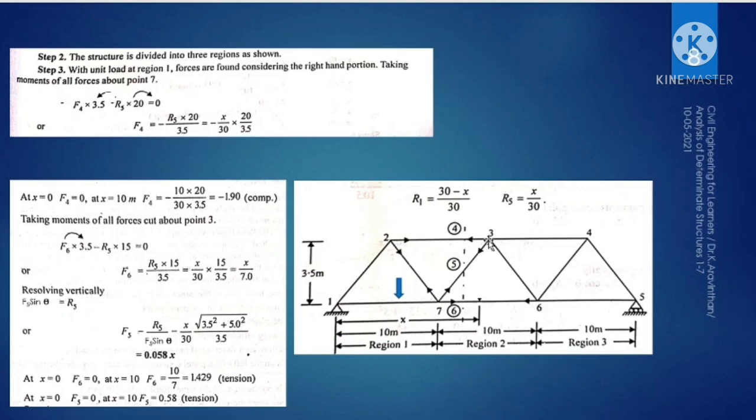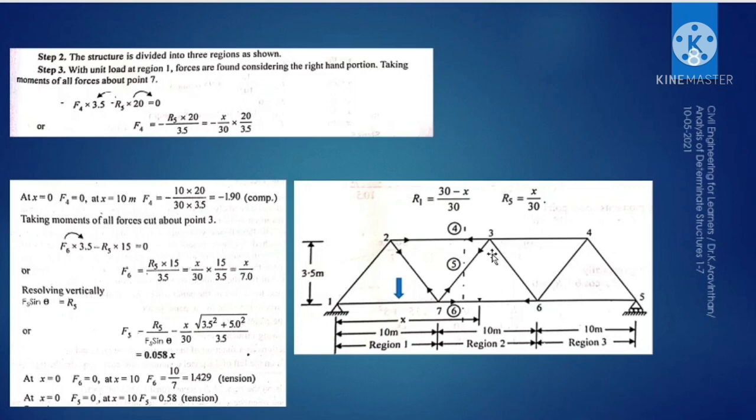If we are at joint 3, let us resolve all the forces acting at joint 3, with the vertical force equal to 0. So what are the vertical forces here? At joint 3, looking at this joint and this member, you can see the F5 member is inclined, and if you want to resolve it vertically, you have to use sin theta, F5 sin theta, so that I may be able to resolve this.